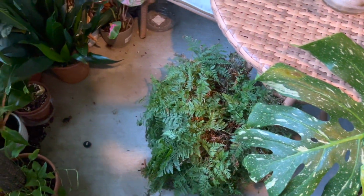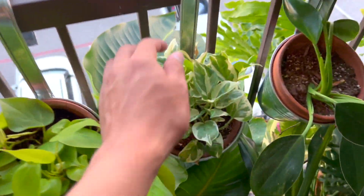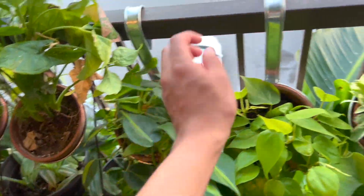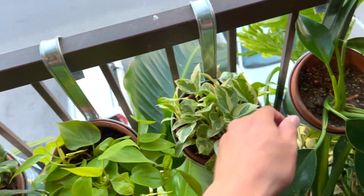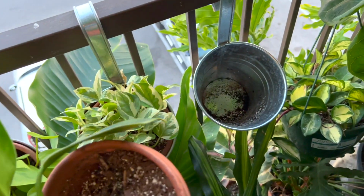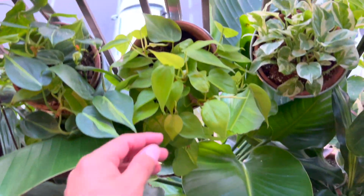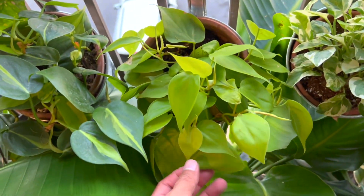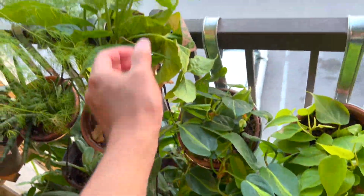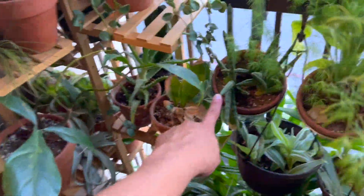And then my rubber's foot fern. Some other goodies para acá. I do have my pothos enjoying these hanging containers that I got from the 99 cent store. I just left it to capture the water. A lot of these plants have saucers. We have a philodendron, pothos enjoy, lemon lime philodendron, Brazil, a syngonium that is reaching for more light, and starfish